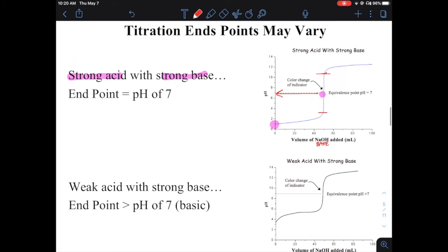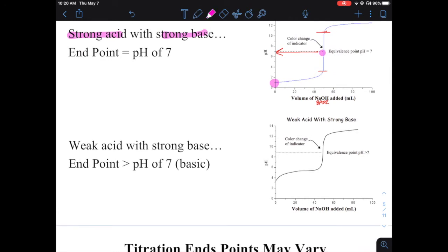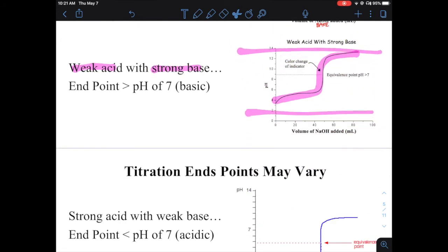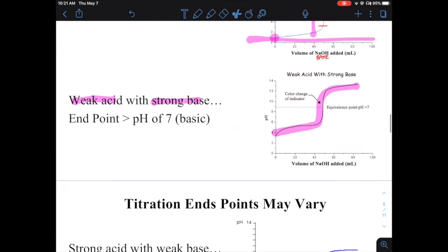But it changes a little bit. Think about this graph. I can shift this graph a little bit. If you look, now we're doing a weak acid with a strong base. Notice the strong base still ends at that pH of 13 or so. But we're not starting down here anymore if we have a weak acid. The pH of a weak acid is not going to be 0 or 1. It's probably going to be more like 3 or 4. So now we're starting at 3 or 4, and then we're still shooting up to the same part. You can tell, right, that the total change in this graph is not nearly as large as the total change in the first one. Okay, so